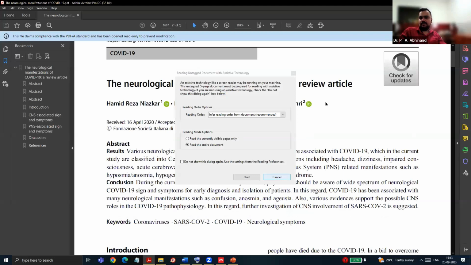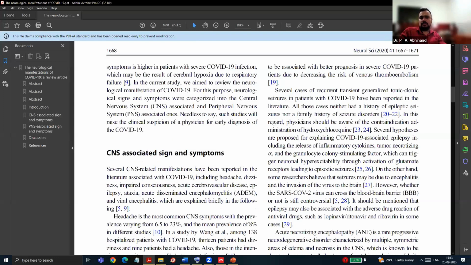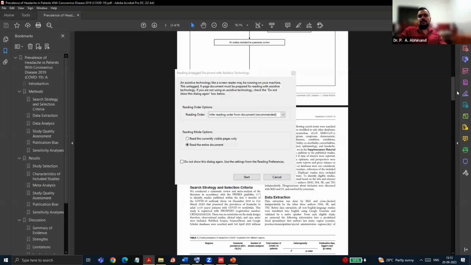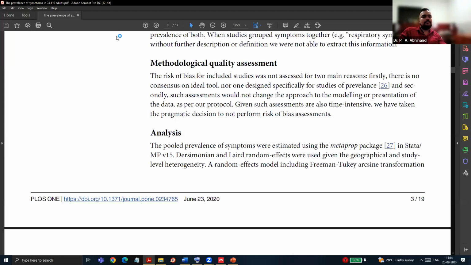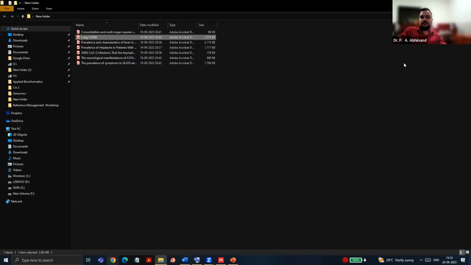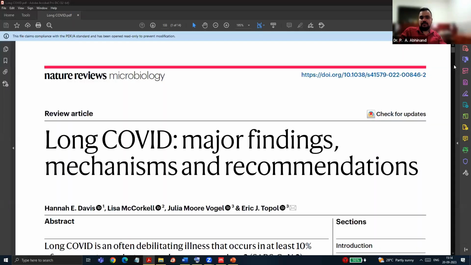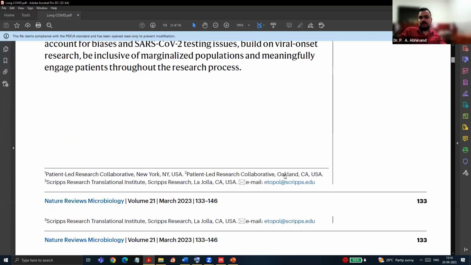So here also we are having the number style only. Again, a variant of the Vancouver style. This is a class 1 journal. Here also they are following the numbering style. But there will be some journals which will be having the author name and the year. And this one is also numbering style. There the number is in the superscript.